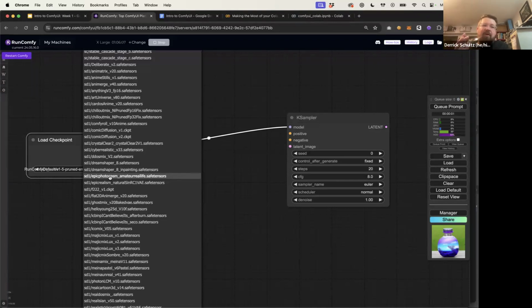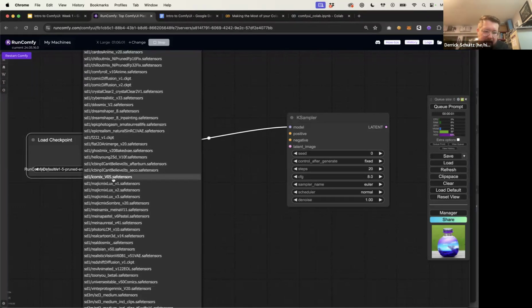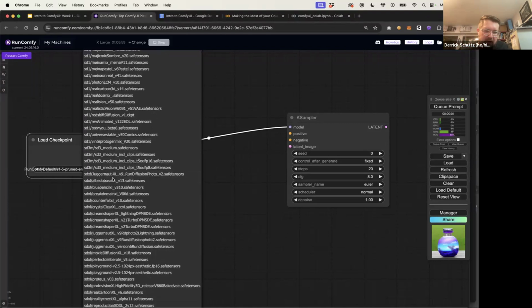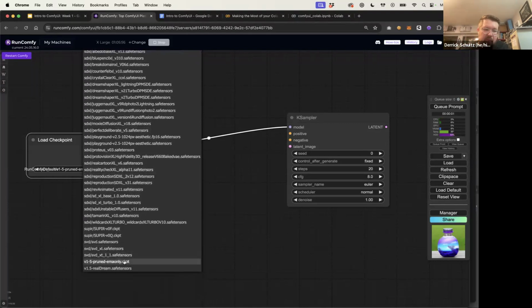If we just want to use the default Stable Diffusion 1.5 model, I think it's all the way here at the bottom. Do folks have one that is called, see how long this list is? v1-5-pruned-emaonly.ckpt. Do you guys have that one? Okay, cool. So let's select that one. That is Stable Diffusion 1.5. We can skip why it's called pruned EMA only for now, but just know that's Stable Diffusion 1.5. Nine times out of 10, let's say six times out of 10, that's the one you want to use to start with at least. So you can select that one.